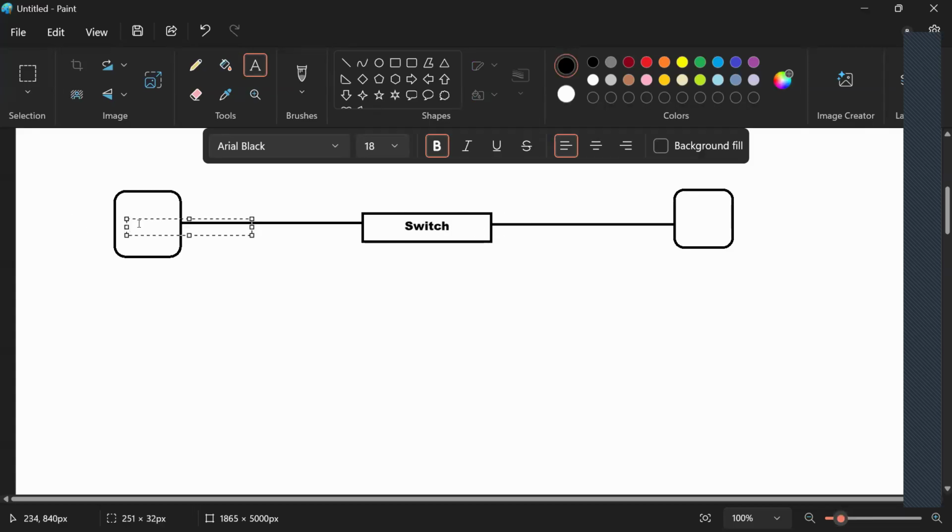Then here we have PC1, and let's say PC1 has the MAC address M1. On this side we have PC2 with the MAC address M2.